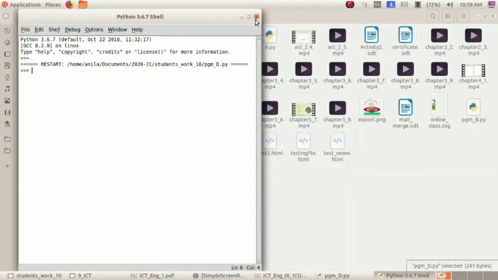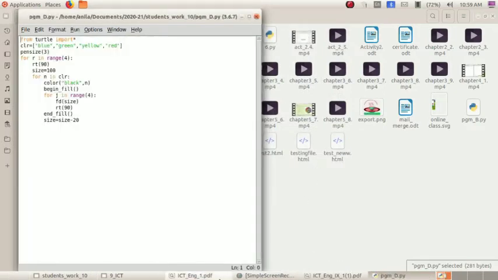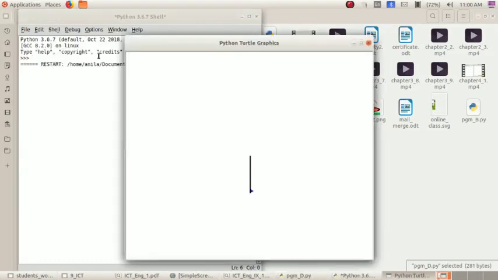So, to show you the difference in giving size equal to size minus 20, I am now increasing that 20 to 40 and saving it, and just view the difference. See, this is the difference.